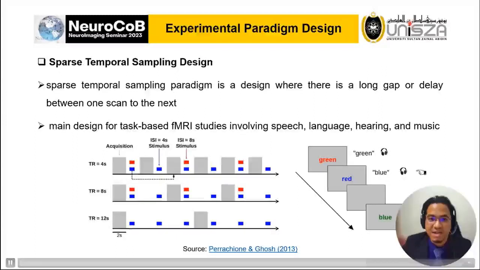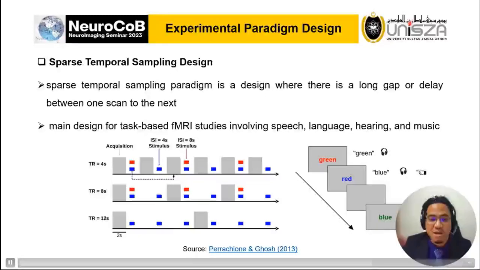And then the last design is the sparse temporal sampling design. I decided to include this design in this talk because I see studies nowadays are using auditory stimuli. For example, studies have been done to investigate the effects of music or sound on memory performance in healthy and